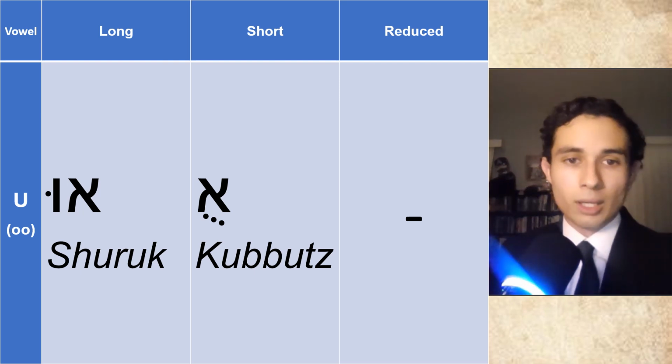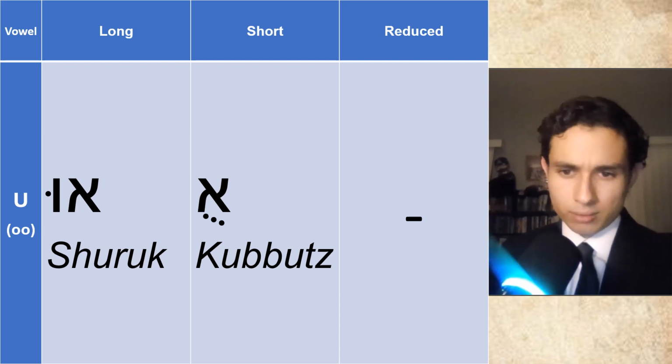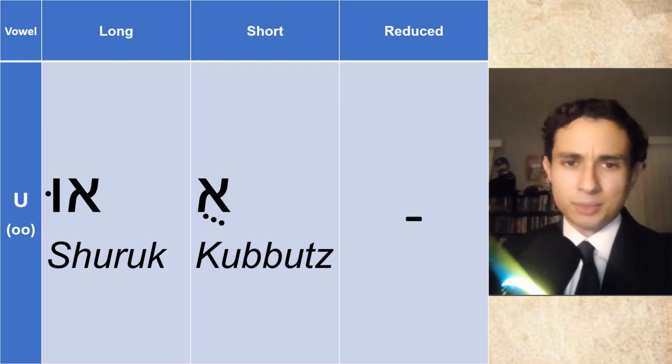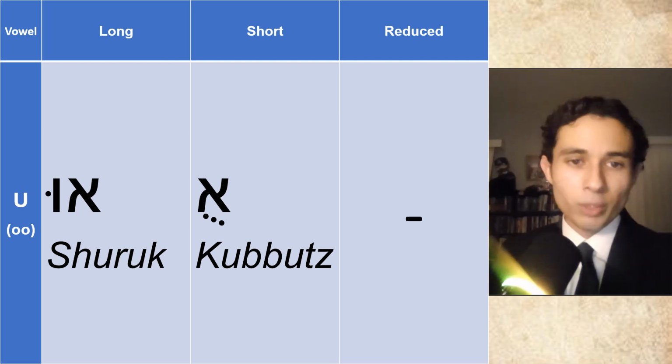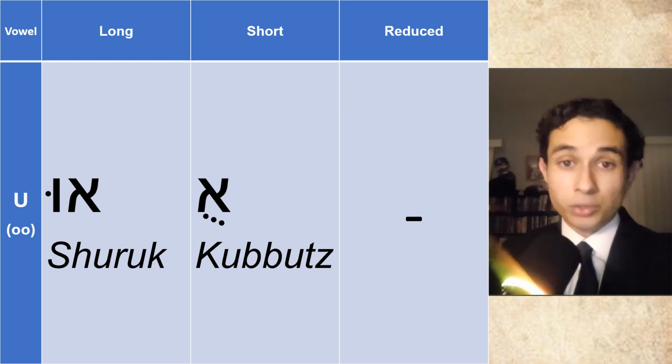U. And then finally, there's the short vowel, the kubutz, which is unique in that it is 3 diagonal dots under the letter. There's no other nikudot or marking that I can think of that's diagonal. This is the only one that's especially 3 diagonal marks. So anytime you see these marks under a word, it indicates an oo sound.